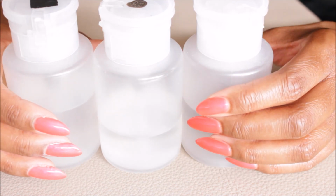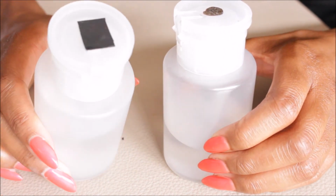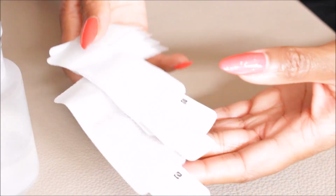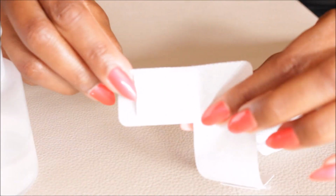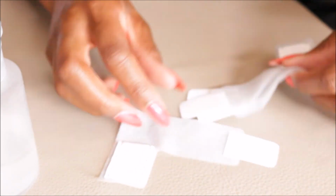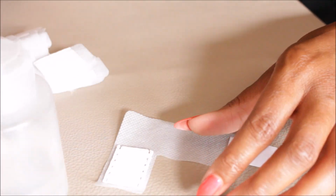Anyway, for my soak-offs, I will be using predominantly the CND Remover, but I may top that up with a little bit of acetone as well to make this go further. The process I usually follow is to use these CND remover wraps. Each one of the wraps comes with a little pad and a little sticky tab, which wraps around the nail. So I'll show you how I do that on one finger, and then I will fast forward through the other fingers. So I get my Nourishing Remover